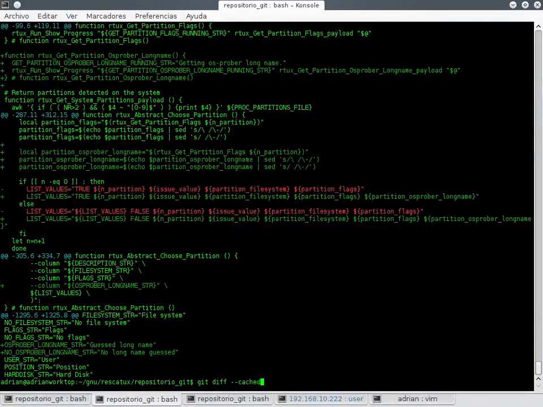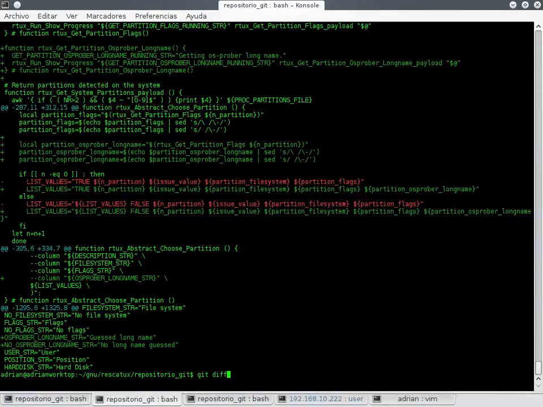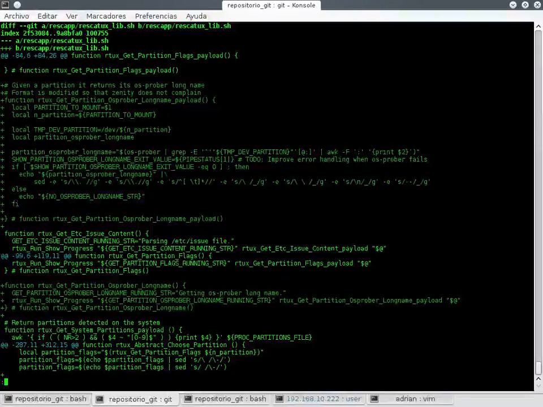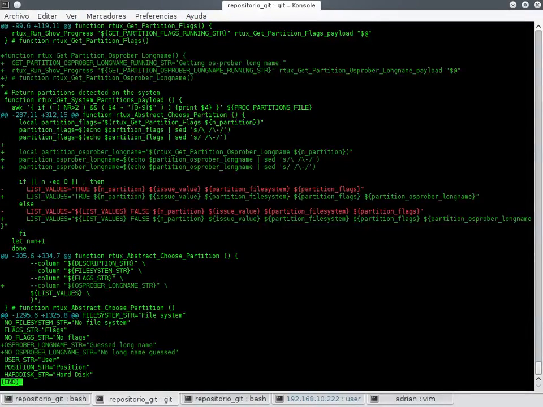So this is git add, one second, okay, and this is git diff cached. So this is long name payload, and then we use it here and here and here,